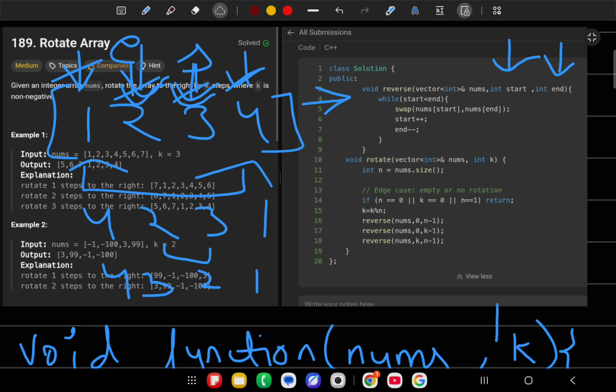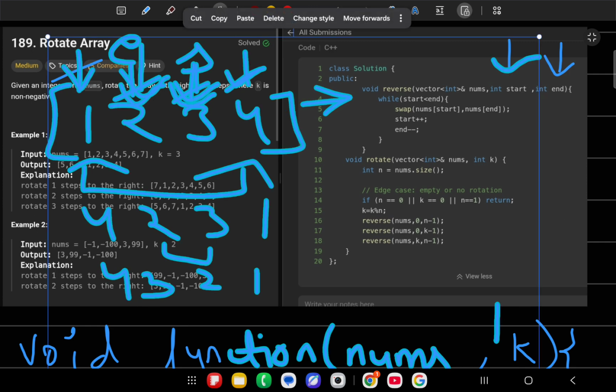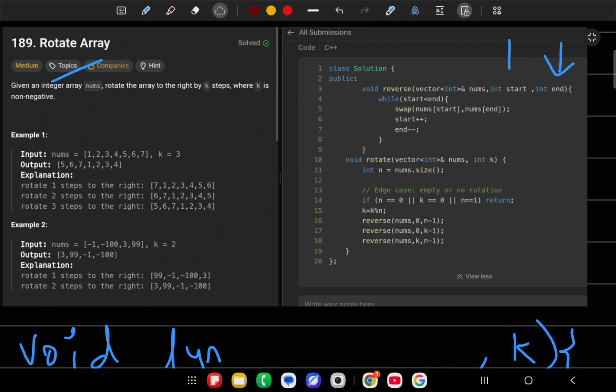Let's suppose we run it. As we already ran it, it is exactly the same as the code behind it. Now we talk about its time complexity.